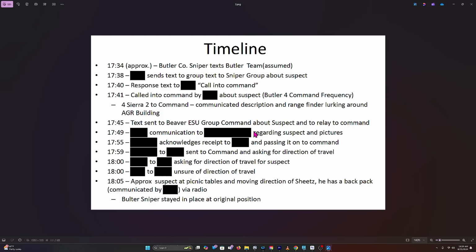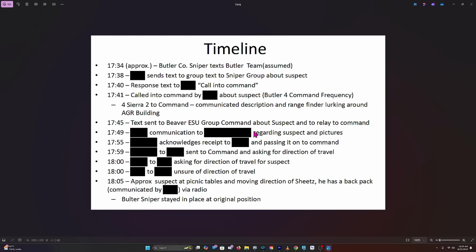I mean, just reading this is just ridiculous that they have so many people texting back and forth, but not one of these people went out to confront him. That's why I say get rid of this texting crap. You either make a phone call or you go directly to the suspect.